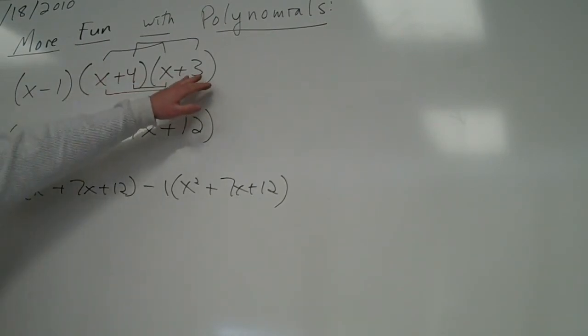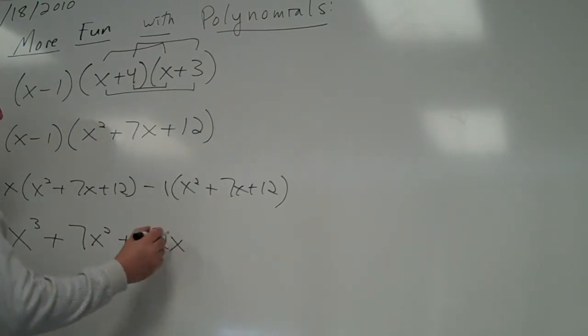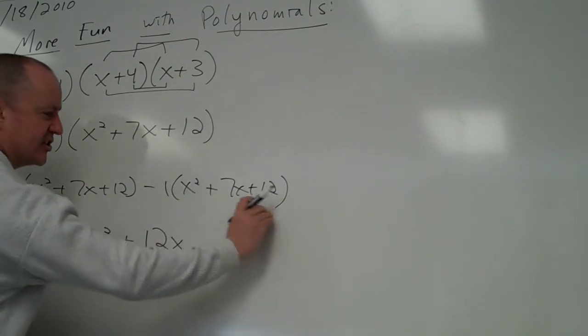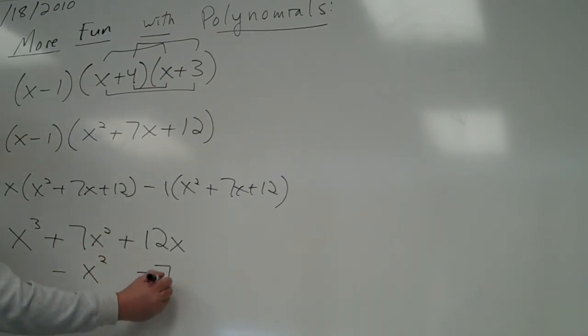4 times 3. That was the last of my foiling. Okay, now I'm going to do these steps separately and make my columns. So this is going to be x cubed. Please double check me. You guys caught an excellent mistake or two over there. Plus 7x squared plus 12x. Oh, minus, never mind. The minus 1 is just going to change the sign on everything in that parentheses. So that will be minus x squared minus 7x